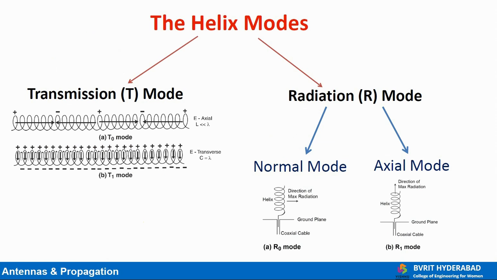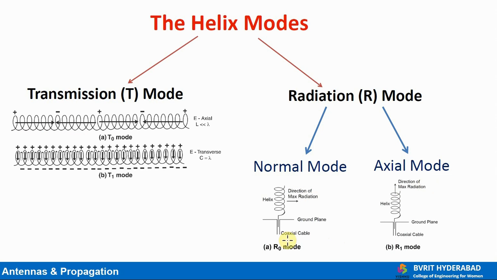The modes of helix can be described in the following two ways: transmission mode and radiation mode. Transmission mode describes the manner in which the electromagnetic wave propagates along an infinite helix, as though the helix constitutes an infinite transmission line or waveguide. Whereas the radiation mode describes the general form of the far-field pattern of a finite helical antenna. Though there is a possibility of many radiation modes, the following two modes have higher significance.